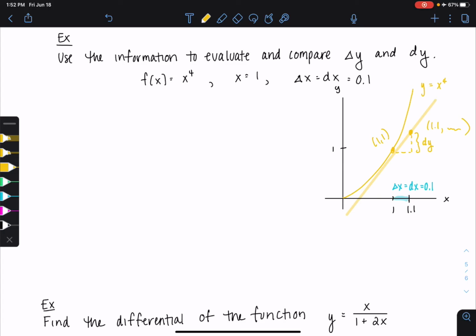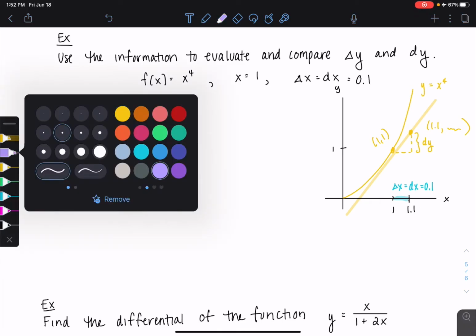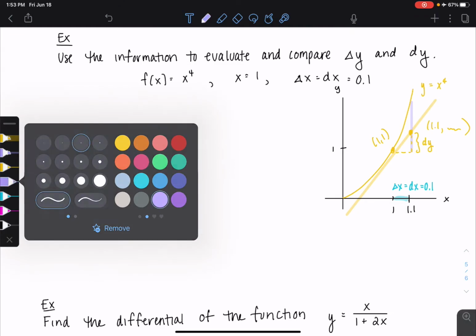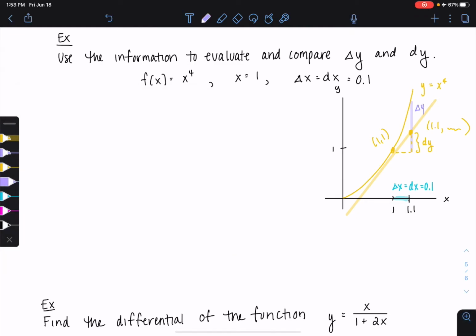So it is the change in y values on my tangent line. On the other hand, this quantity is going to be my delta y. And so I can figure out this point. It's 1.1, the y value. The y value corresponding to it is 1.1 to the fourth, and I can figure out the true change in